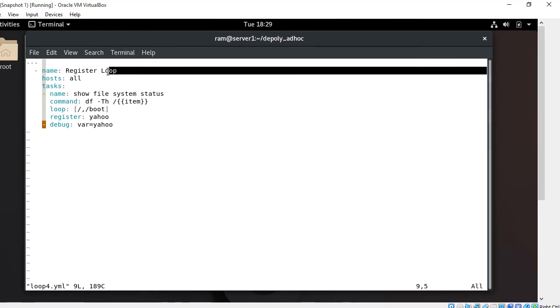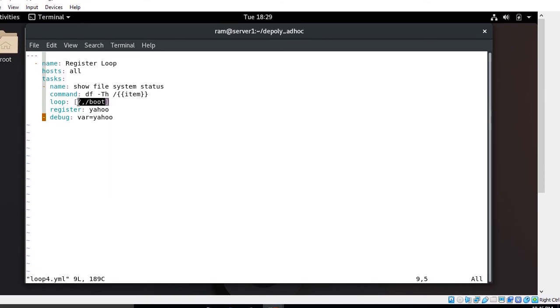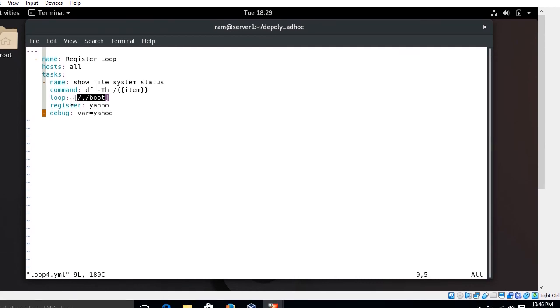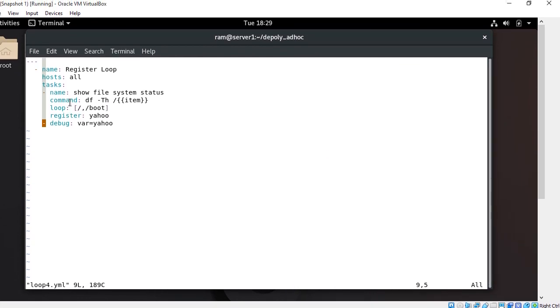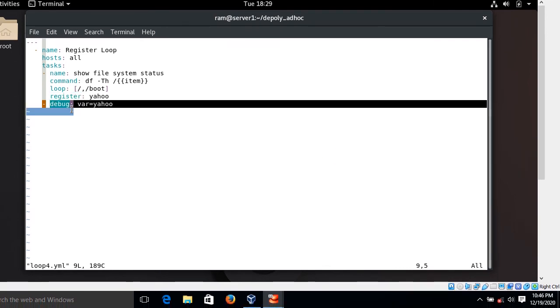Then in the tasks section I want to show the file system disk space used by slash and slash boot. For this I used the command module, and then I use the register keyword and the debug module.